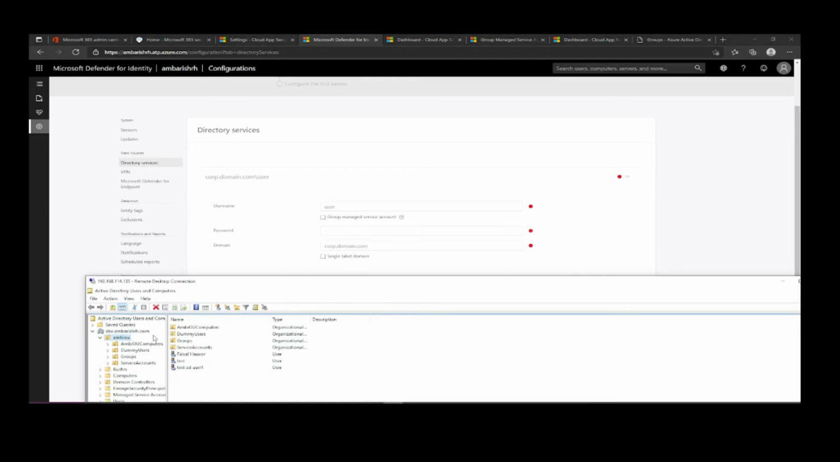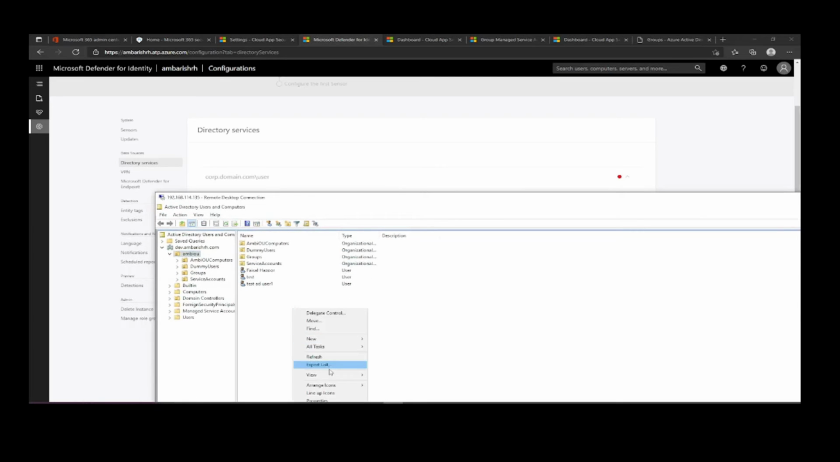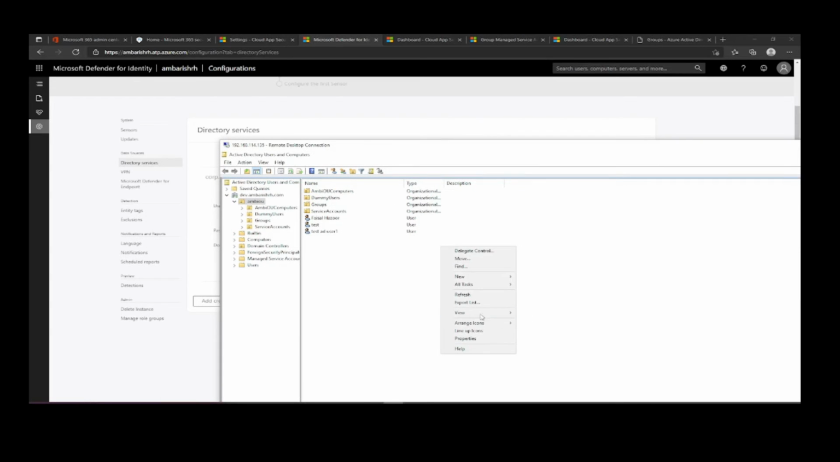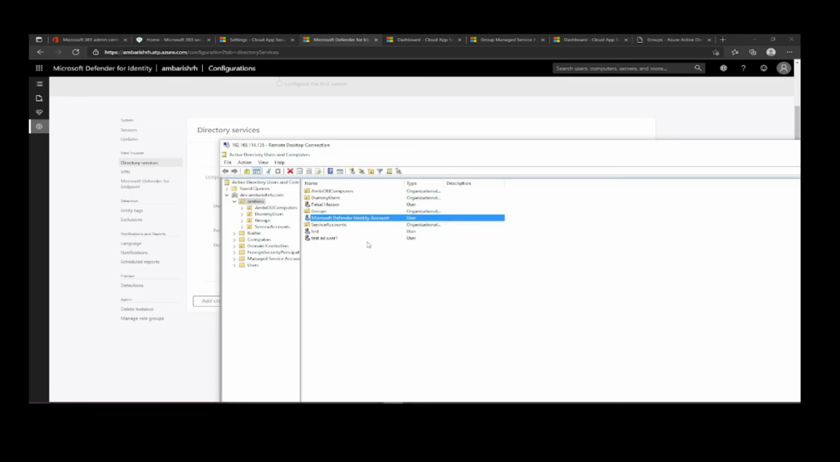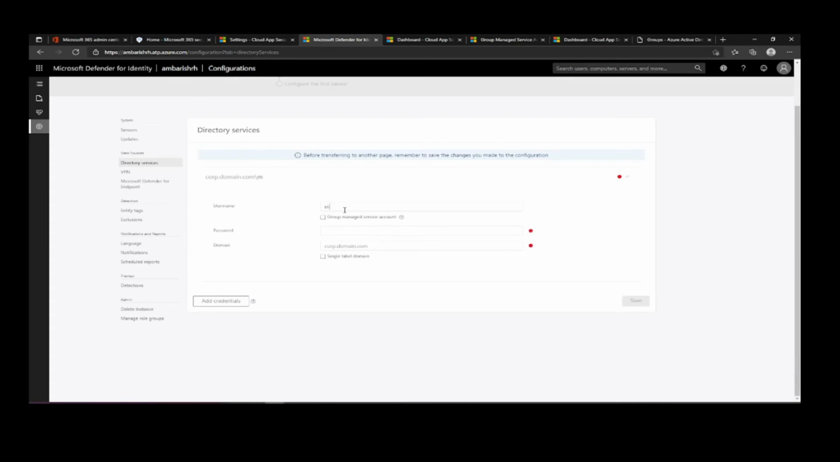I will create a user. Let's call it Microsoft Defender Identity account, MDI account. Okay, so I created the MDI account,